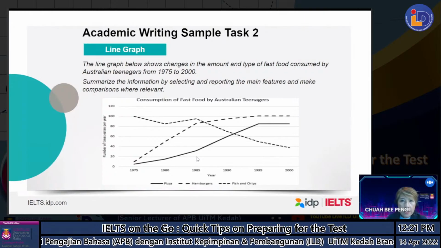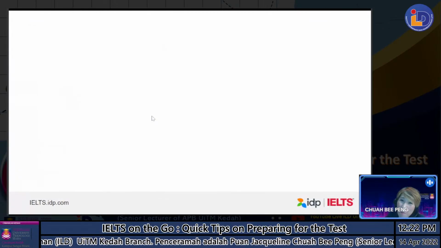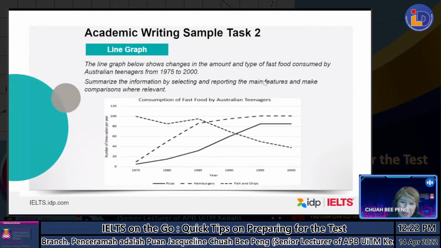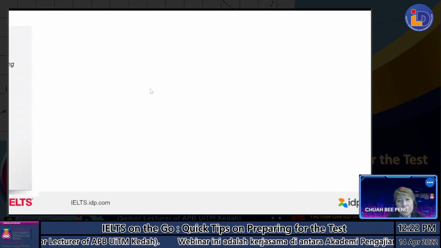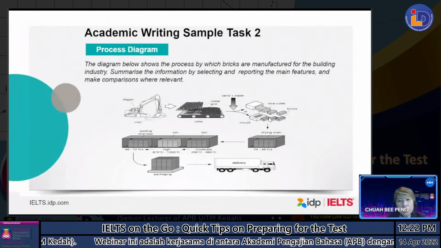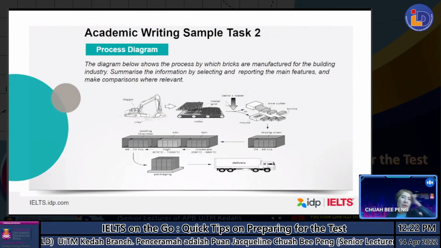Okay. All right. And you may come across things like this. I hope you don't. You're more familiar with this, right? If you come across this, you're probably like, yippee, I know what to do. But if you come across this, not that you don't know, but it is probably not something that you usually talk about. But those from the engineering faculty would be very happy to see this, if it is a process, because they do this quite often. I would die, I think. Don't die, okay? Just do more practice.